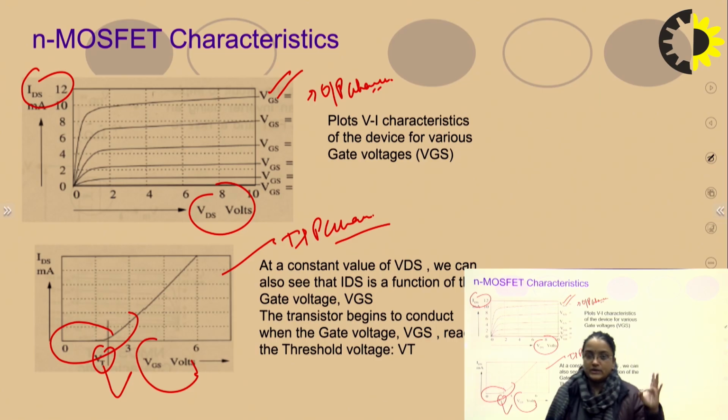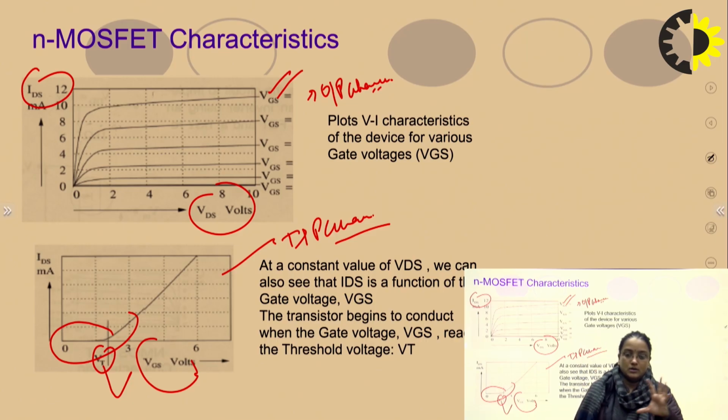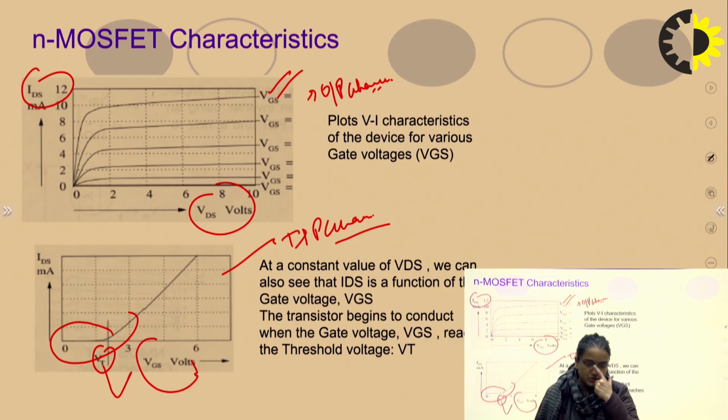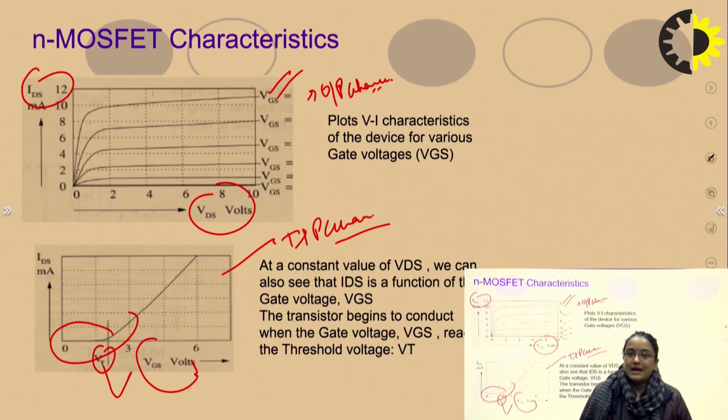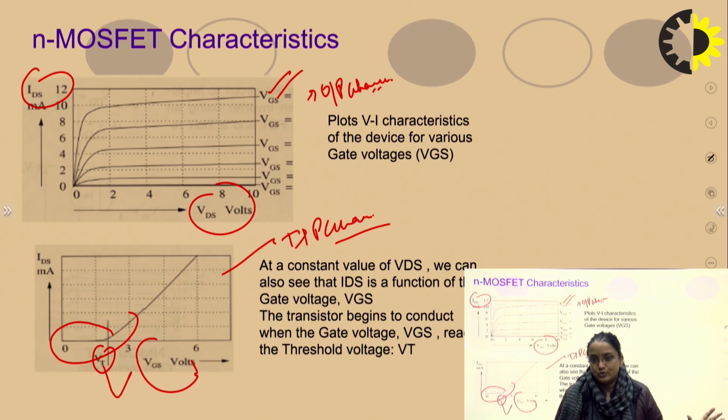The major takeaway points of this lecture are: if the question comes, because it is the most asked question in your university examination, to describe the N-channel enhancement type MOSFET, then you have to give its basic introduction, its construction, then its working, which is case 1, case 2, and finally its input-output characteristics. These are the things we have to discuss for the N-channel enhancement type MOSFET.